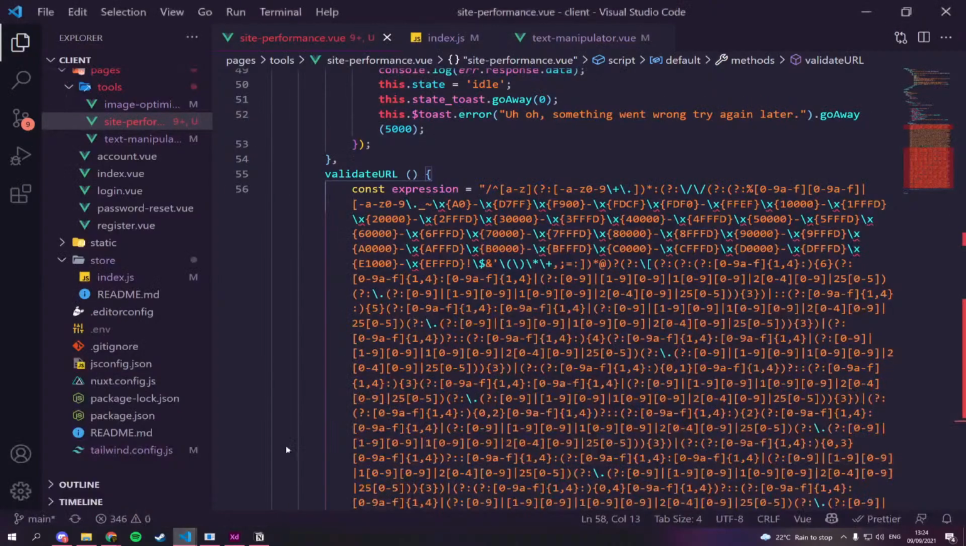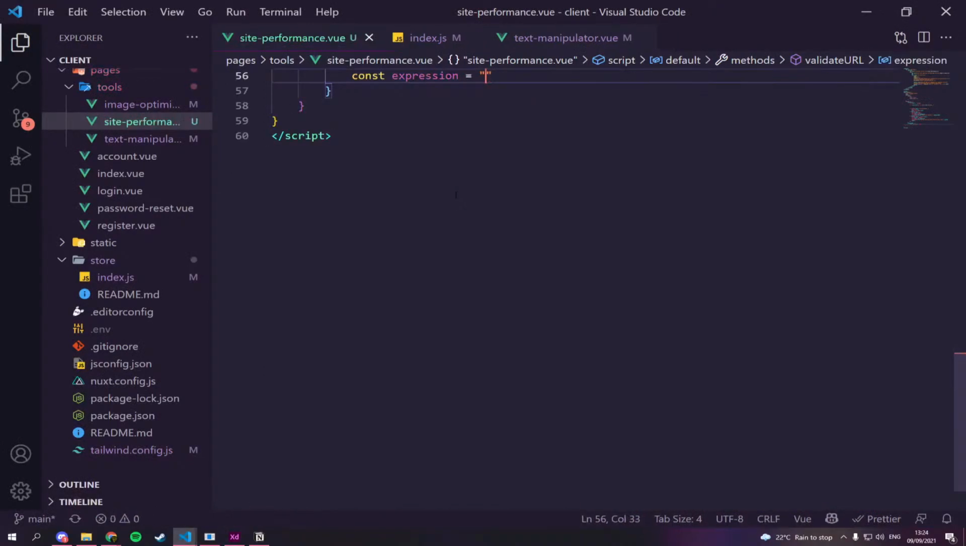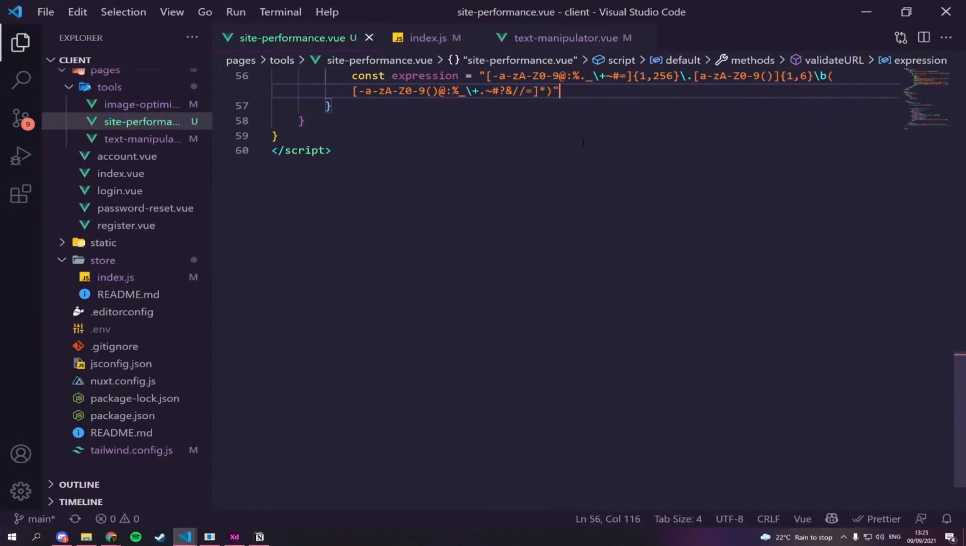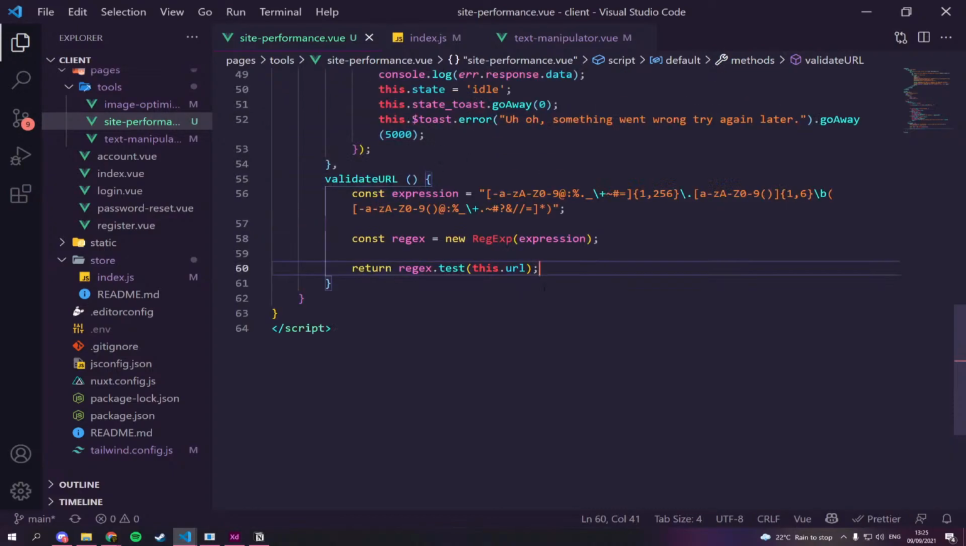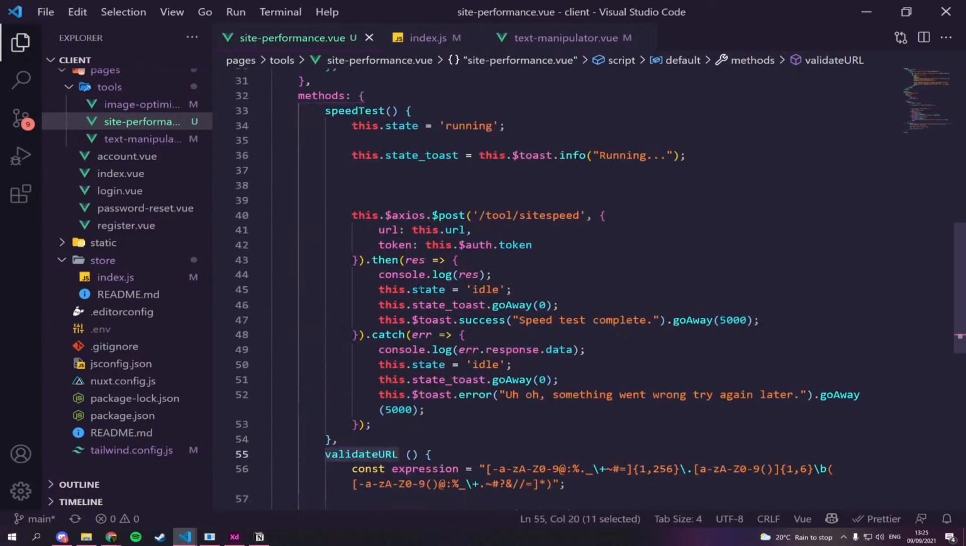I thought that regex was really weird. Let's get rid of it. Boom. And then we can go regex this.url, return regex.test this.url. There we go, validate URL. And then we'll go here, we'll say if validate URL,